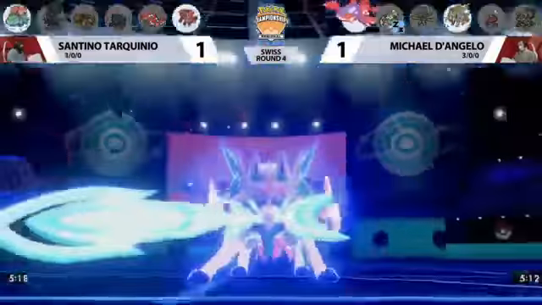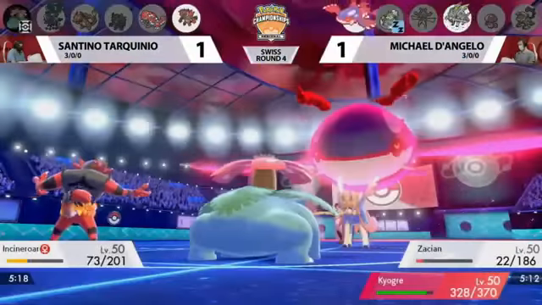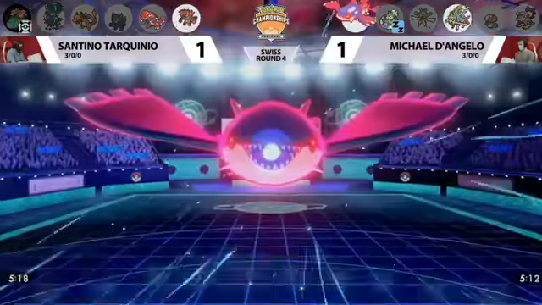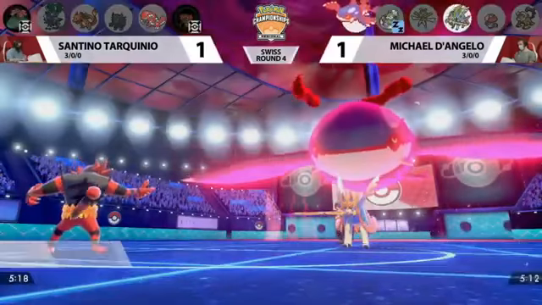And of course, the Tailwind boots. Zacian's already so fast, it's going to continue to be so. Only had to do the 1, but it will confirm the KO at least onto this Venusaur. And we know where it's about to be headed with this Incineroar. I could really only see this going one way. Yeah, I don't think there's a reason why you click anything but Max Geyser this turn. You know, that's easily going to pick up the knockout there and gives Michael the opportunity to reset the weather